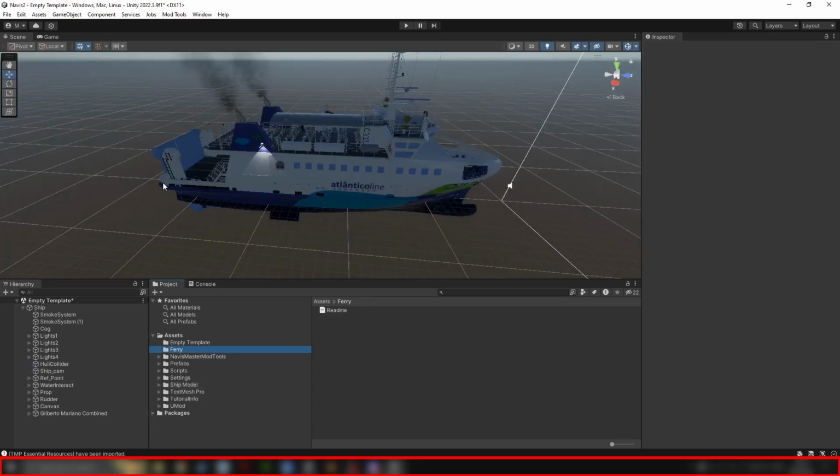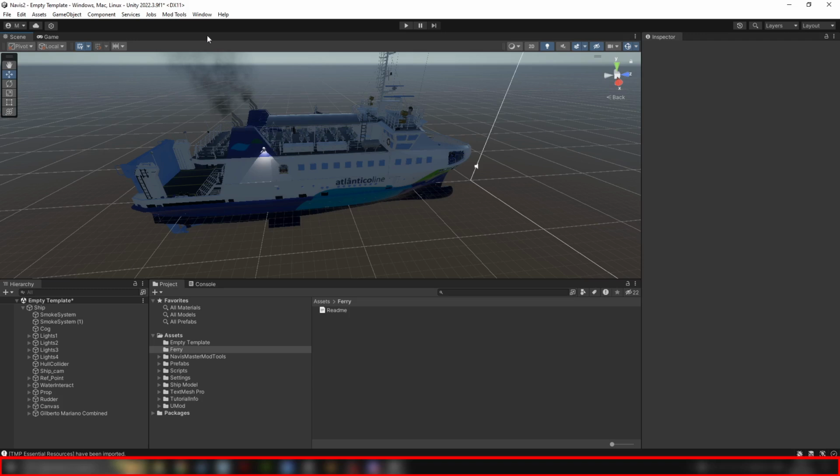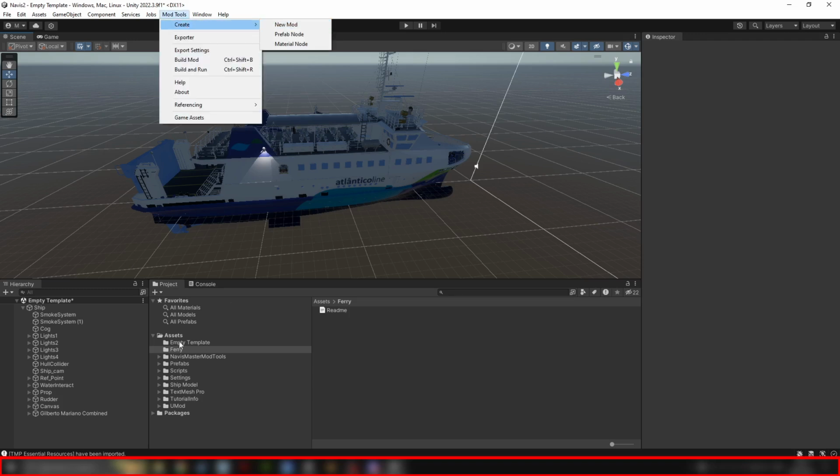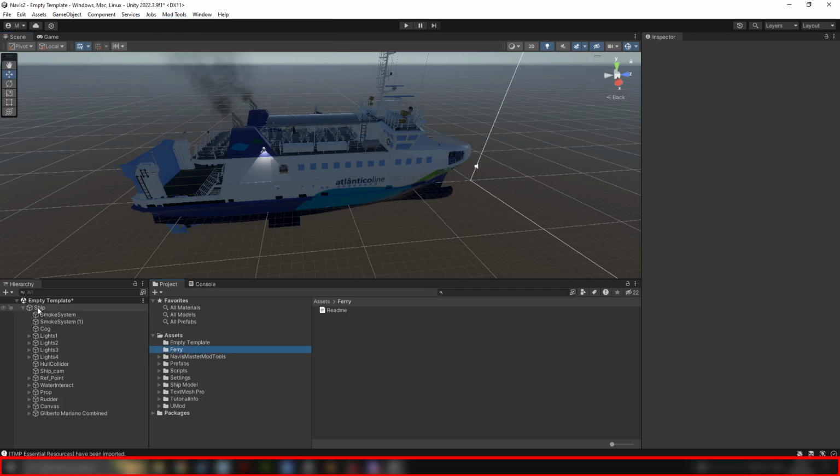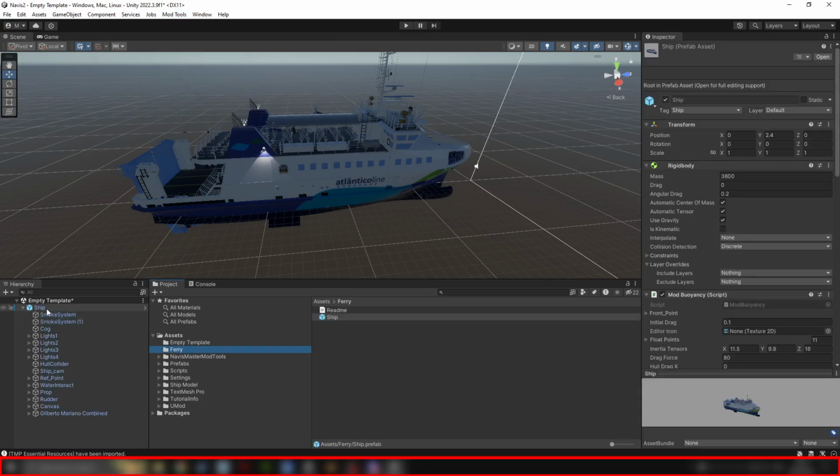Okay, now the boat's ready for export. We'll have our first look in the game. Let's go to where we created this folder in mod tools, where we said create new mod. This folder was created here. We're going to drag this entire ship category into there, and now it's created a separate mod. So if you make any changes now in the future to anything, you are going to have to update this. Once you make a change, it'll pick up and it'll ask you to override, and then you just say override to all,